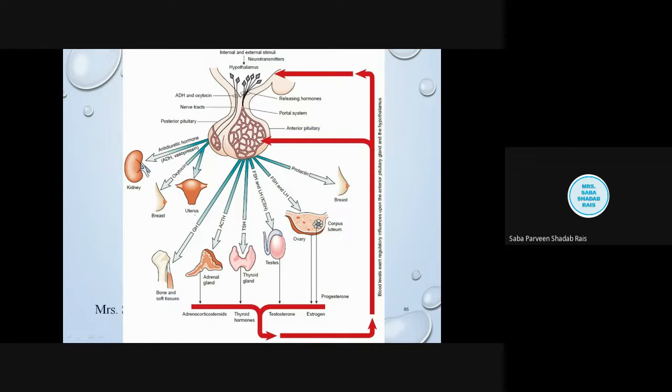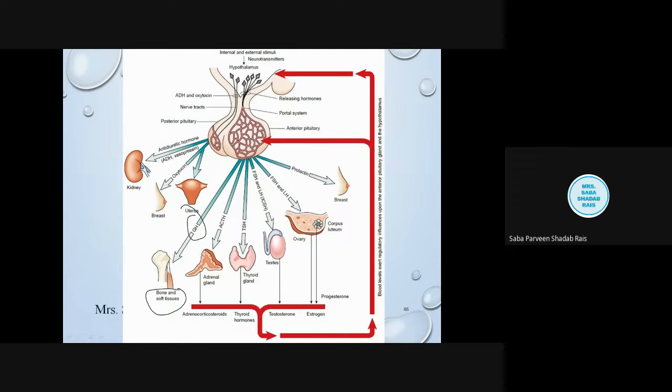If you observe, the target of the growth hormone is the bones and soft tissue. Not only this, I had already discussed in the previous lecture that the growth hormone functions directly as well as indirectly. Directly, growth hormone stimulates bones and soft tissue for their growth, but indirectly it also gives a signal to the liver to produce insulin-like growth factor, and that stimulates some other organs to do the function.